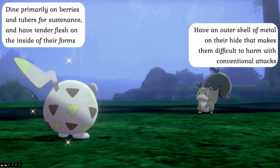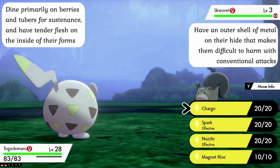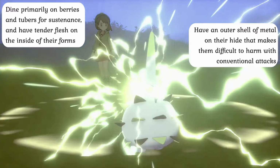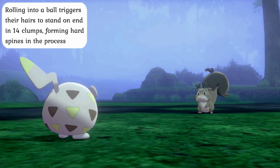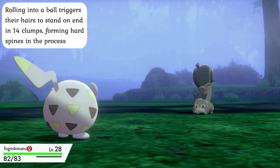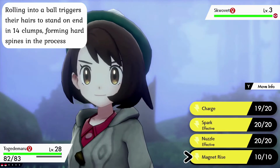As a defense against direct attack, these creatures possess a sturdy shell made from metals gathered through the ingestion of volcanic or otherwise metal-rich soils, and this grants them a layer of protection on their backs that can make them very hard to hurt with conventional attacks. Moreover, if these beasts are spooked or feel that they are in danger, they can roll their entire bodies up in a ball, which will involuntarily trigger an electrical reaction in their hair follicles that will cause them to stiffen